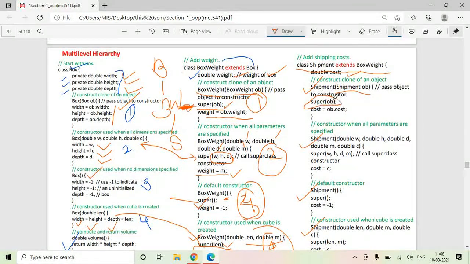Super OB will call the base class constructor, the parent class constructor. In this case, the base class constructor is this one. So this OB will be passed to here, then from here it will pass to here. So width, height and depth will be initialized, then this weight will be initialized, and then this cost will be initialized.